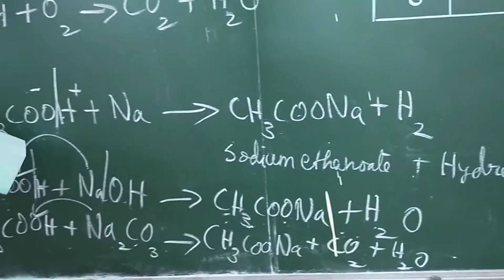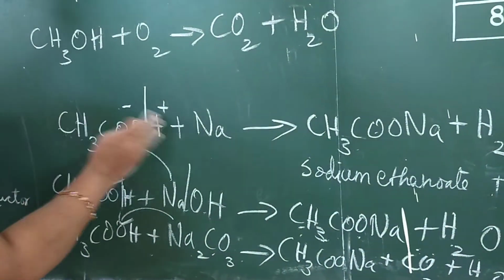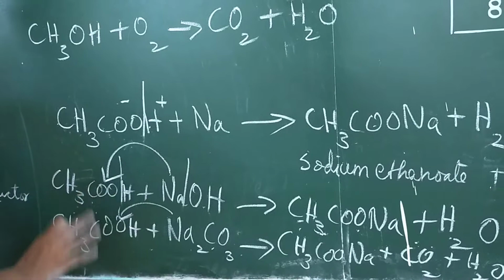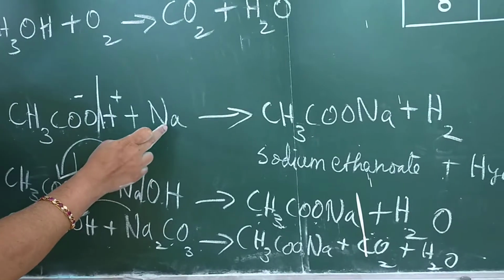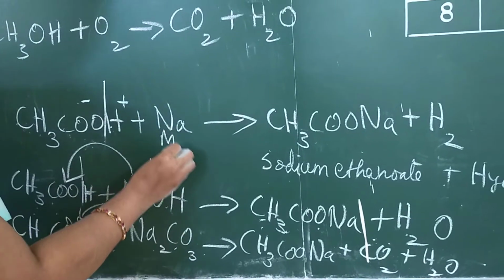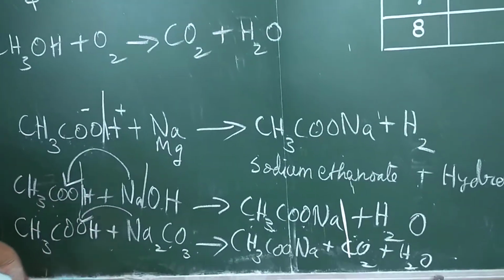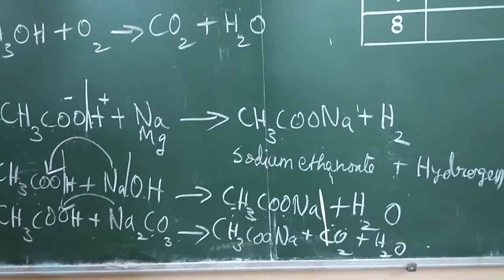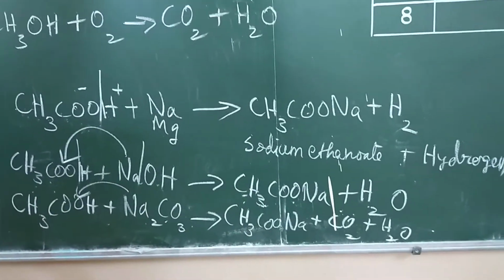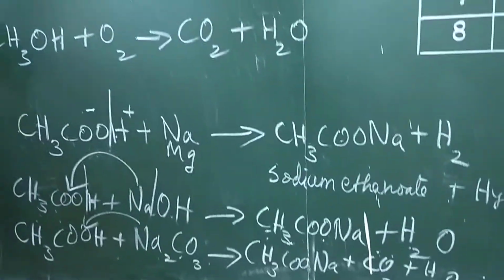So this is the way we can write for any type of acid. This is ethanoic acid. You can write for propanoic acid, and for butanoic acid, with any metal. Instead of sodium, we can write for magnesium, calcium or potassium. The only thing we have to check is whether the balance is correct and the formula is correct, by using the chemical formula method.